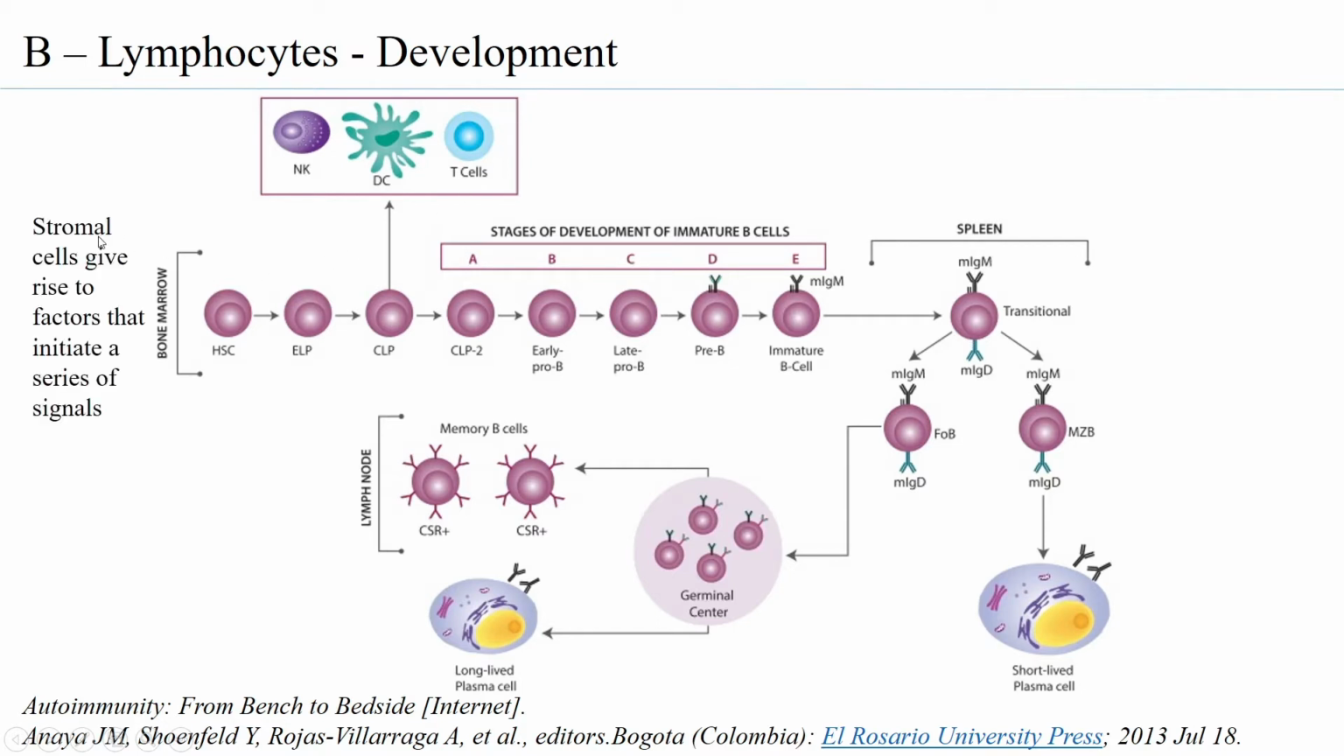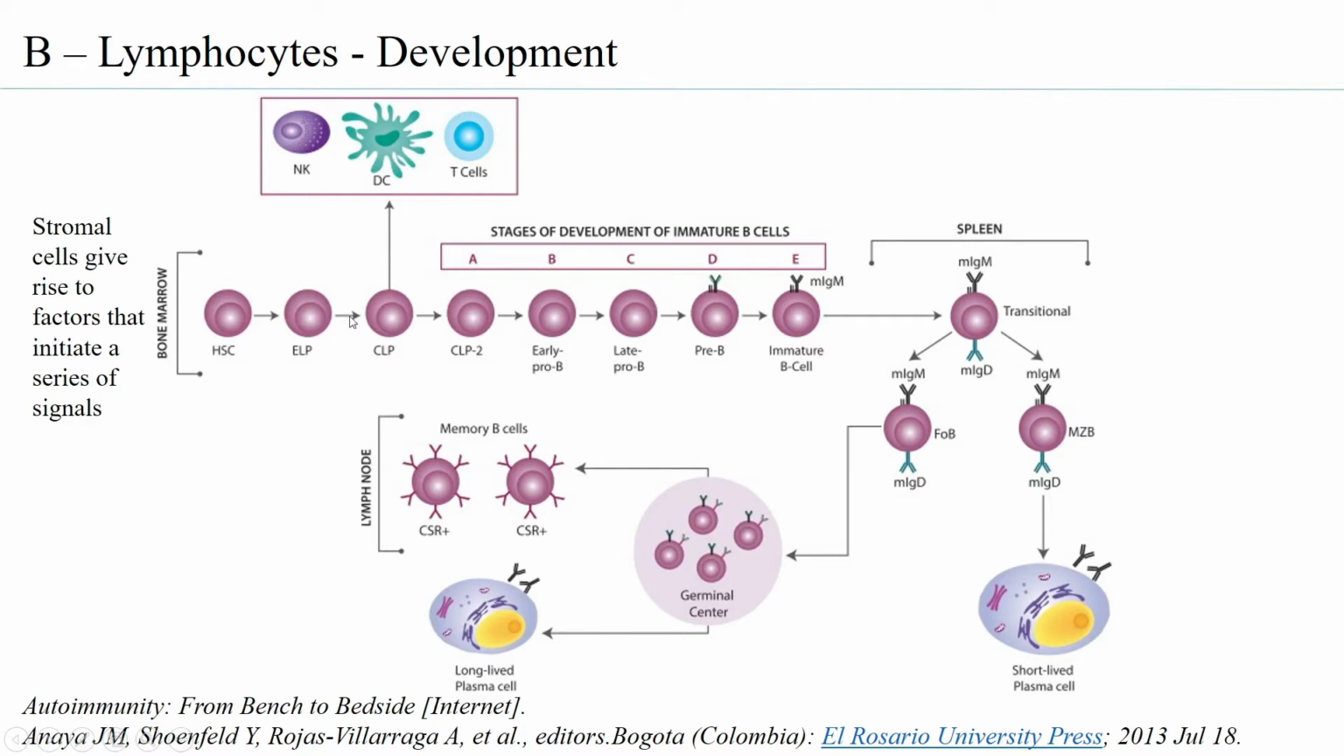So the B lymphocytes begin to develop in the bone marrow, and the bone marrow has stromal cells which can give rise to factors that in fact initiate a series of signals. The hematopoietic stem cells that are present in the bone marrow are first differentiated into ELP, that is early lymphoid progenitor. The early lymphoid progenitor forms the common lymphoid progenitor, and the common lymphoid progenitor, depending on the factors that are